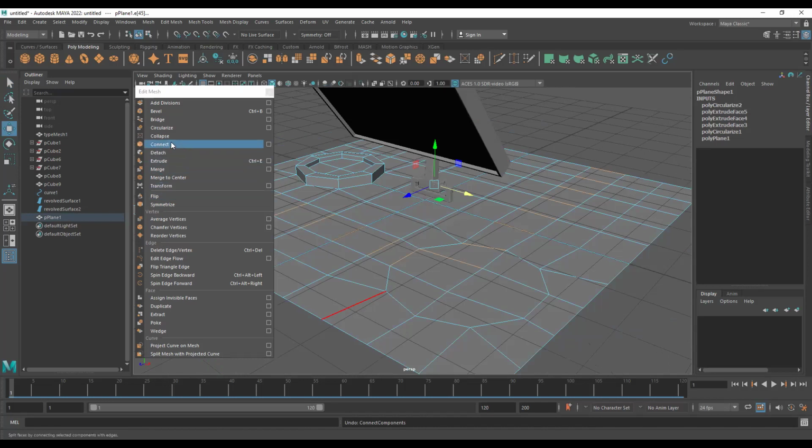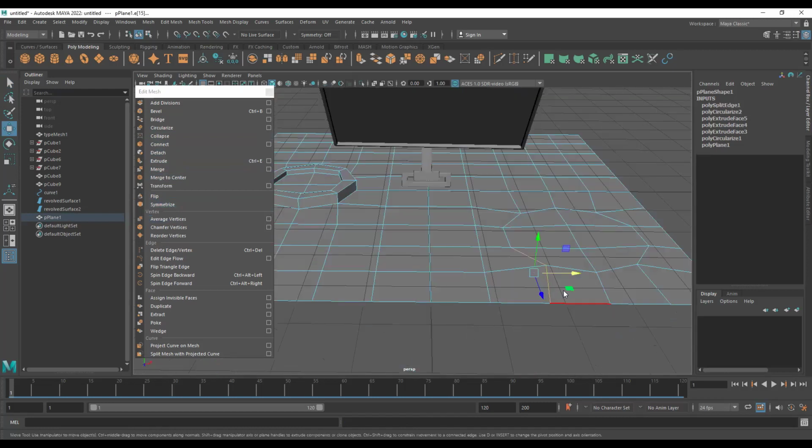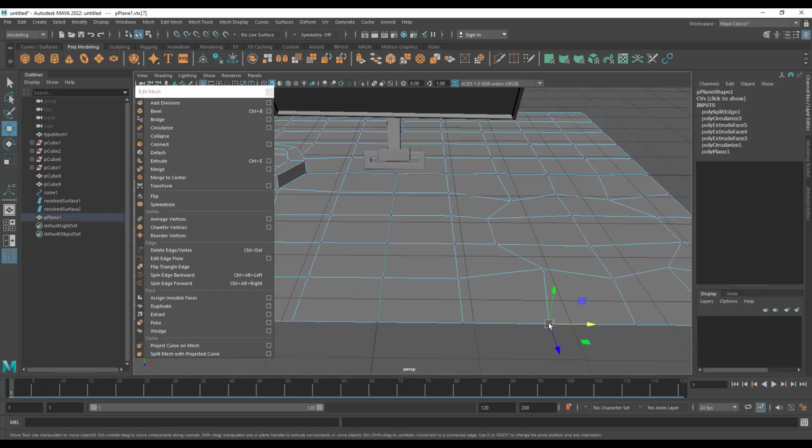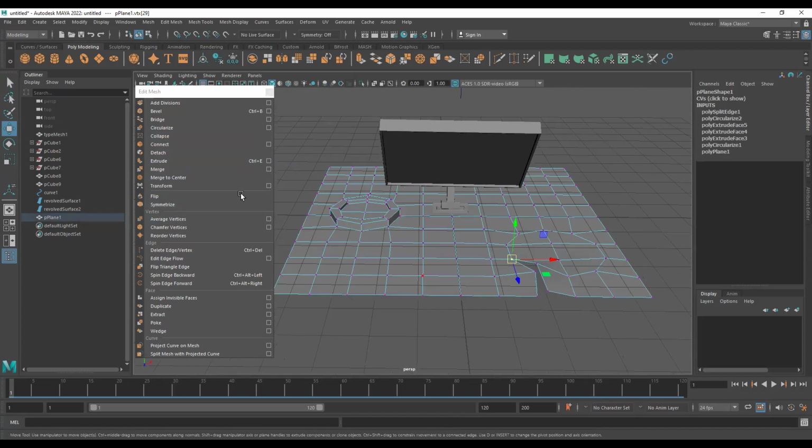Detach. The next is detach. It's very simple. Select the edge and detach it. It's detached. Select the vertices and move. You can see it's like tearing. But it is not, because we selected only the two edges to detach. For example, if you select everything and detach, and these two are detached,